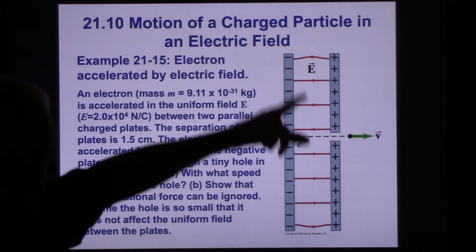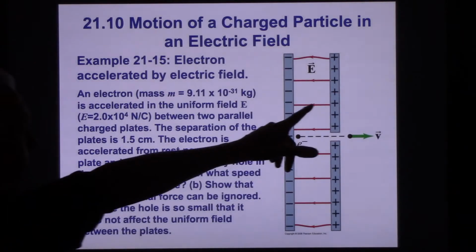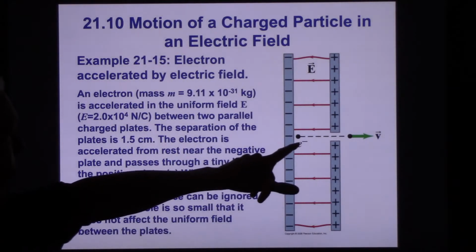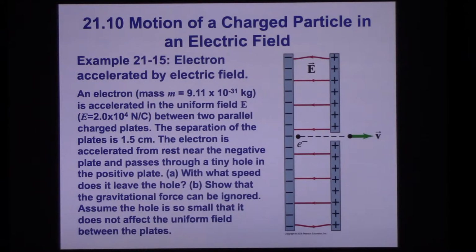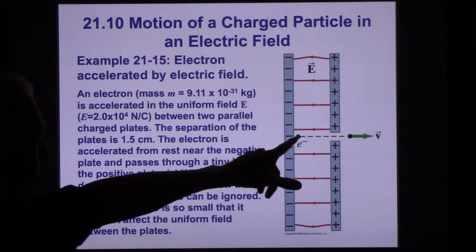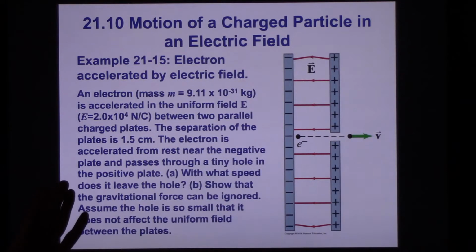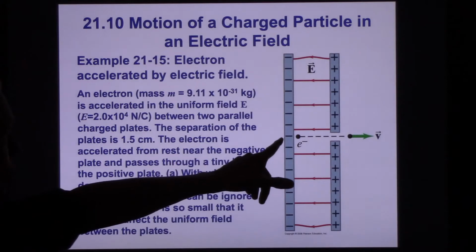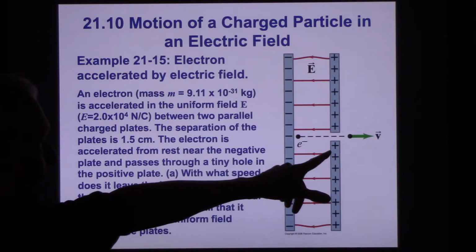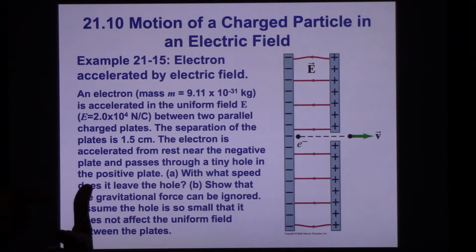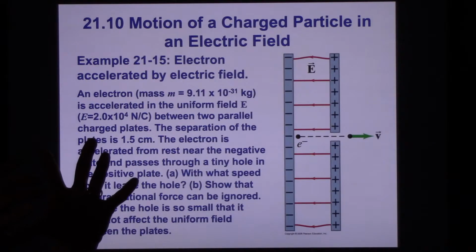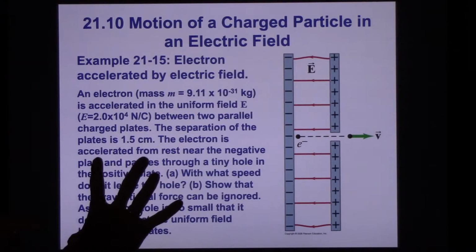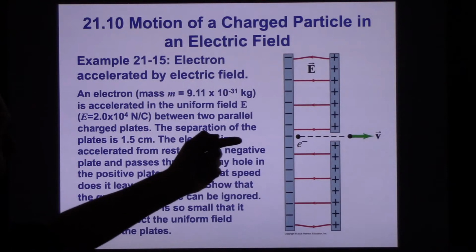So I've got this parallel plate setup, and we're imagining that the parallel plates are generating an electric field. Now, to accelerate an electron, we want to speed it up, to generate an electron beam. So I'm going to start with electrons at rest along one of the plates, and then the electron will be pushed away from this plate and drawn toward the positive plate. And just when the electron gets close to the positive plate, it sees that there's an opening. We've actually made a hole in that plate, and the electron is going super fast,